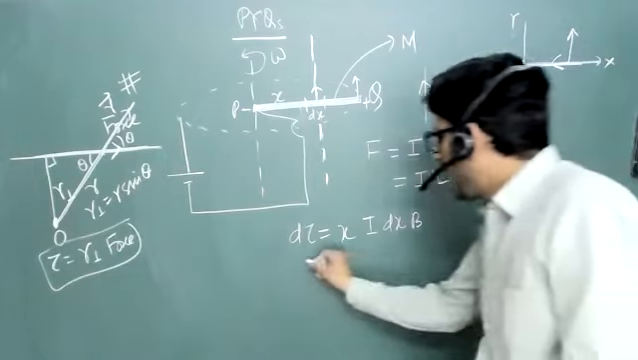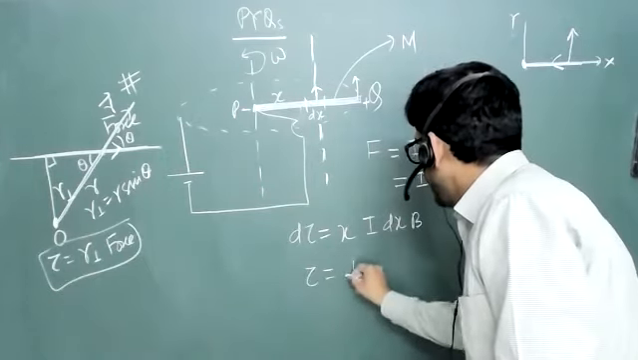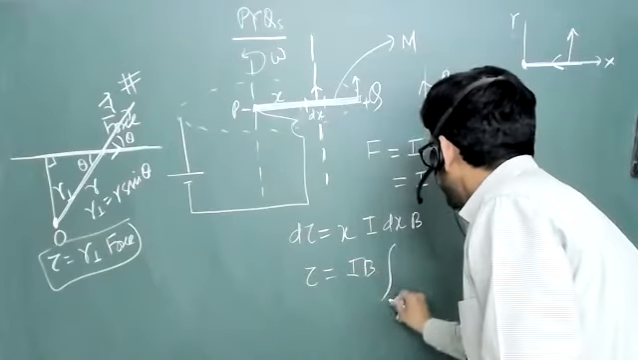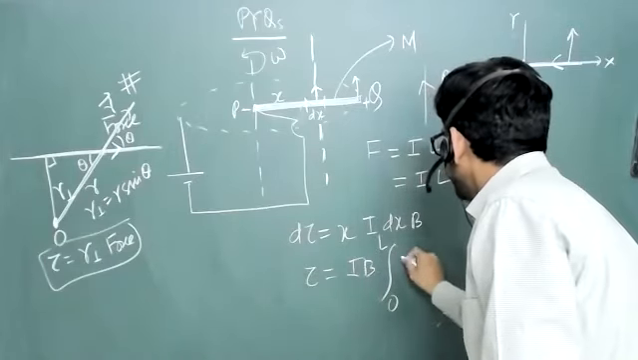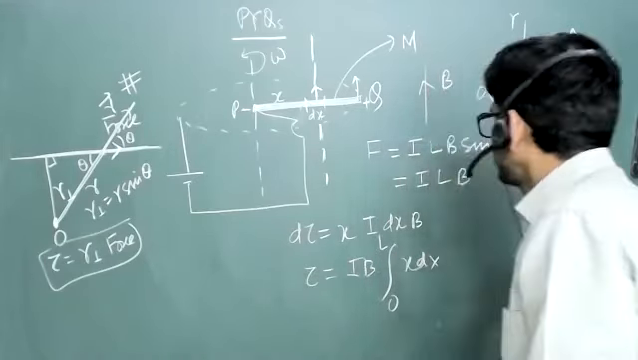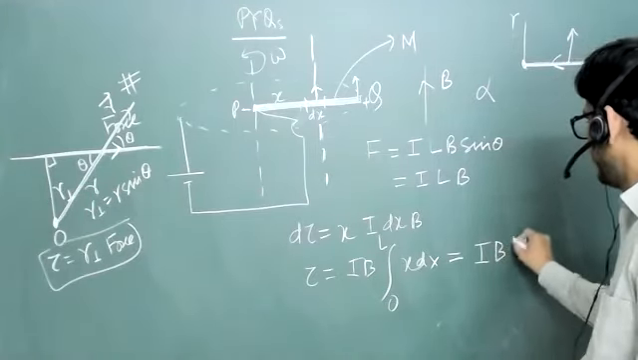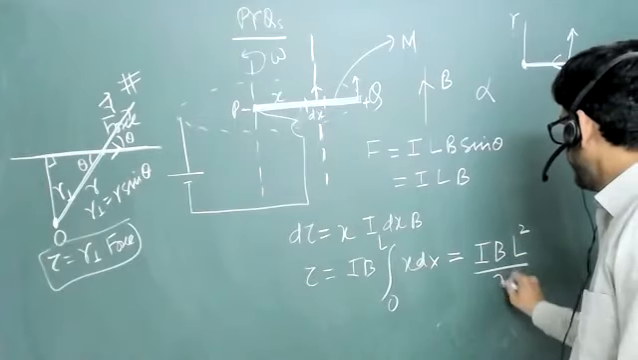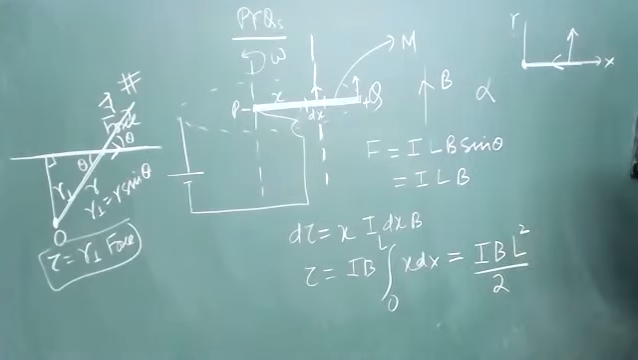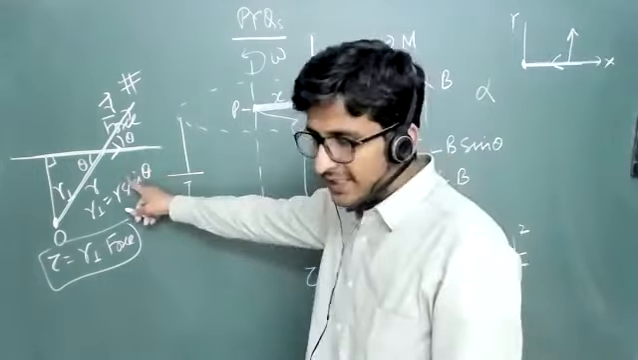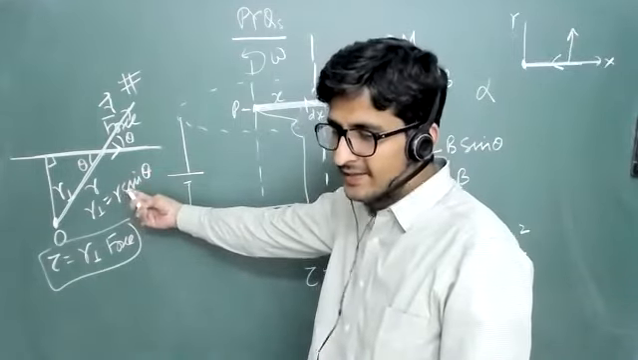So tau will be equal to IB integral 0 to L x dx, and this tau will be equal to IB L²/2. देख रहे हो कैसे कैलकुलस और इलेक्ट्रोमैग्नेटिक थ्योरी और मैकेनिक्स सब साथ साथ चल रहा है। ये क्लास 12th की चीज है जो मैंने आपको समझाई।